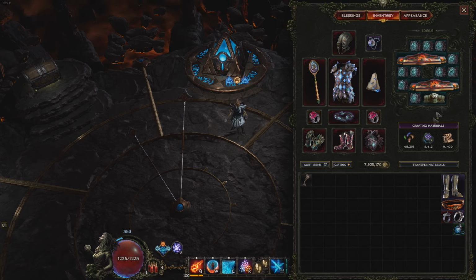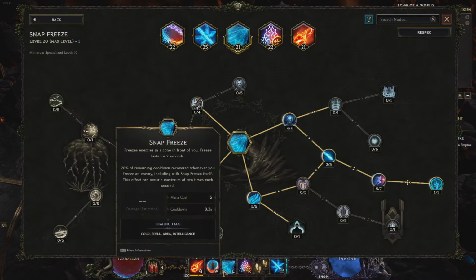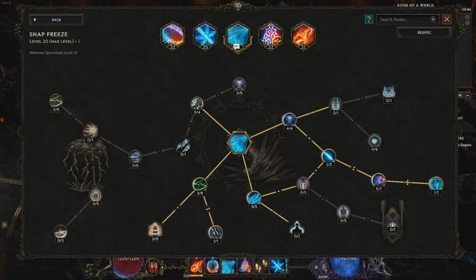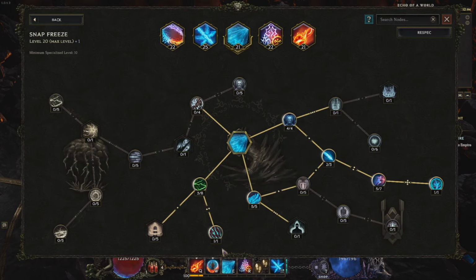So what's actually interesting about this is you don't really need to build around it. You pretty much just need to spec into Snap Freeze, which you can swap out when you're done. You can respec back to something else. I just leave it in because it's not really a big deal. And once you do that, you just grab duration and you grab cooldown